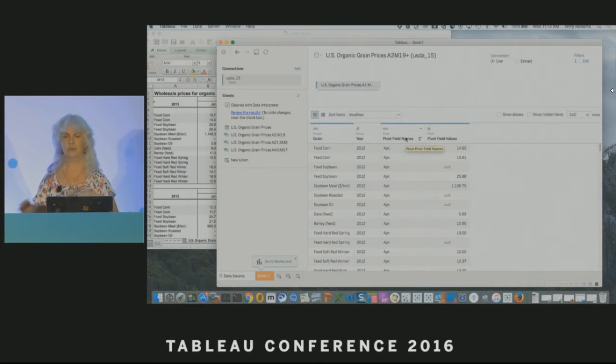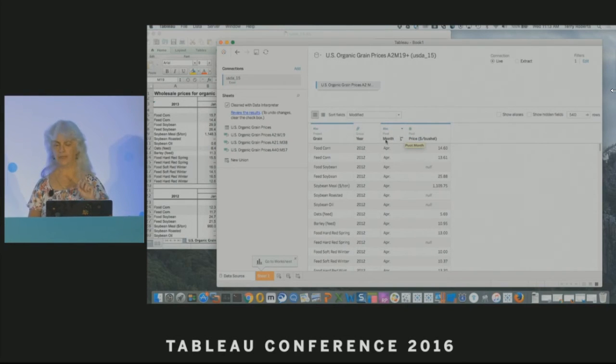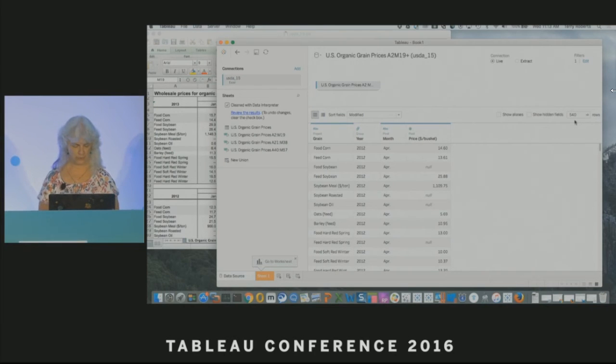Pivot field names, those are the field names from the original. That is what I want as months. And the values from those fields, those are the price in dollars per bushel. Cool. Now, another thing I wanted to point out, I mentioned that it's always good to monitor your number of